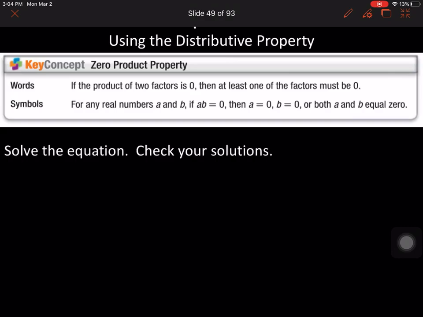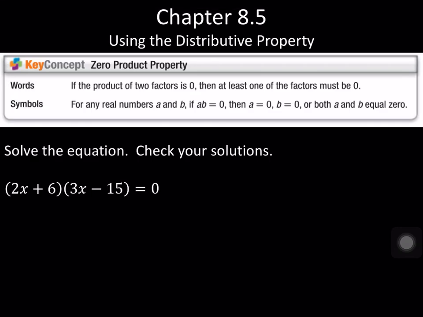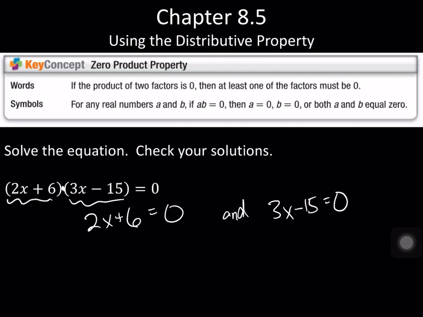Okay, so when solving an equation, I first have to be set equal to 0, and then I need to be in factored form. This one is already in factored form. 2x plus 6 times 3x minus 15 is factored form. We already have two sets of parentheses, a binomial times a binomial, equal to 0. So this is kind of the end goal here. And once I get to this end goal, I want to be able to say 2x plus 6 equals 0 and 3x minus 15 equals 0, and then solve those two equations